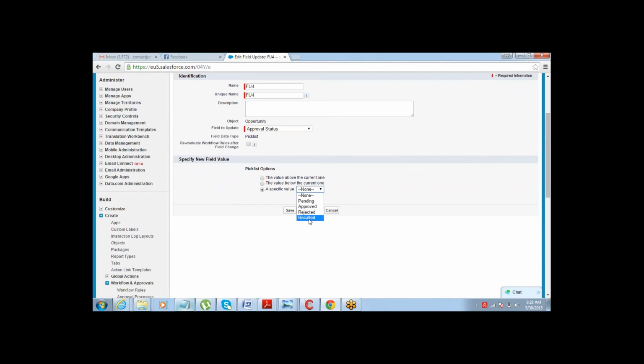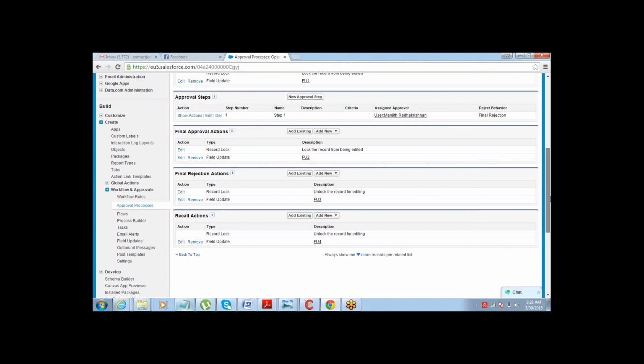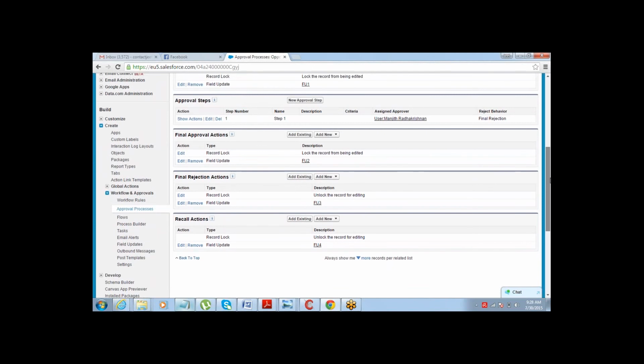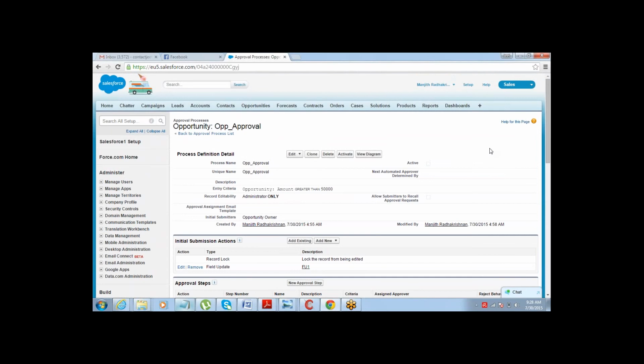So these updates will happen automatically depending on the stage of the approval process, and your approval process will automatically control the values of this field. And depending on that, you can understand whether the record was approved or rejected.